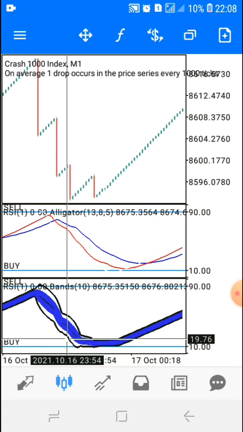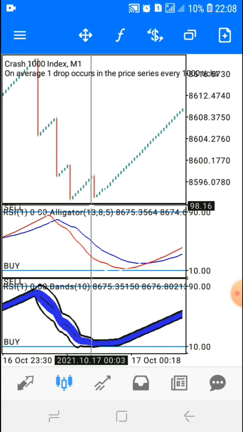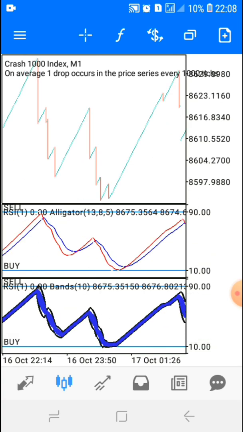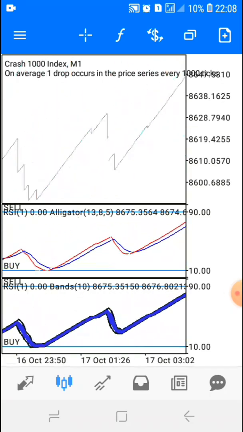But if you are only taking entries, for example, you are taking an entry over here, what's going to happen? A spike is going to occur. That's why we're using the alligator for extra confirmation. I'm not just giving you guys these indicators because you need them. I'm giving them as extra confirmation and stuff like that. So as you can see,